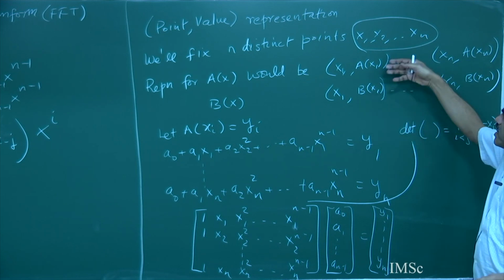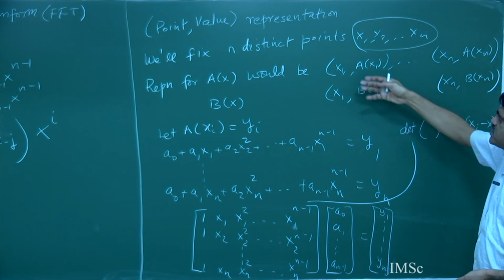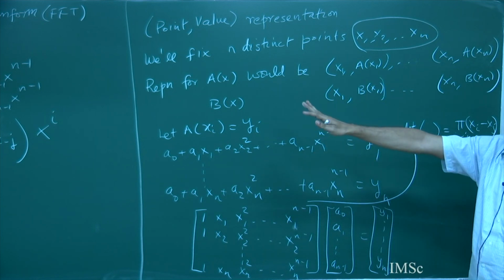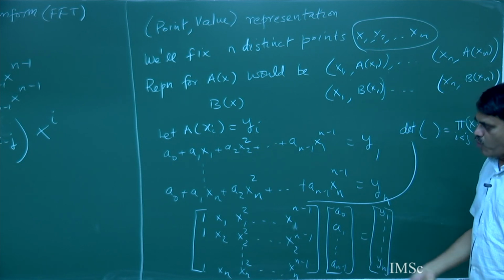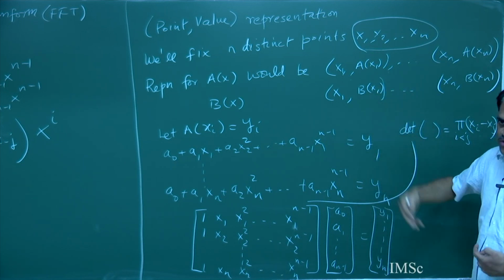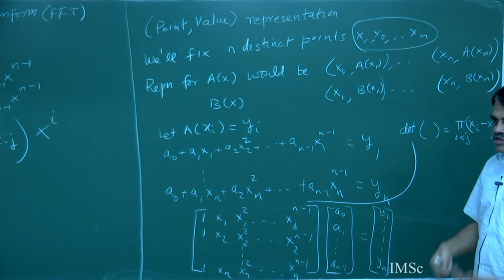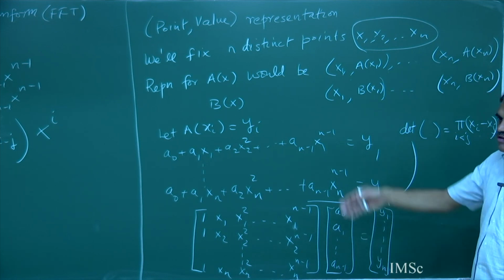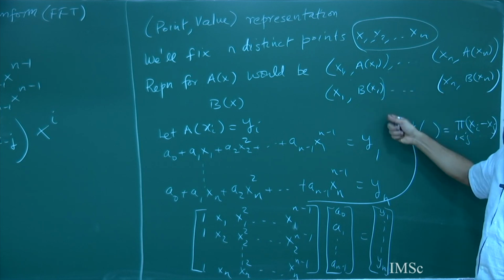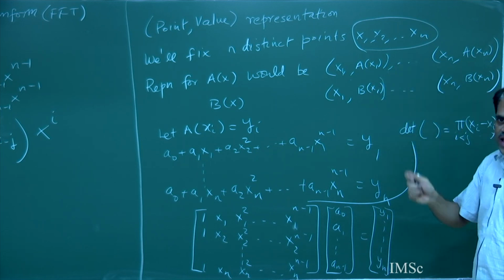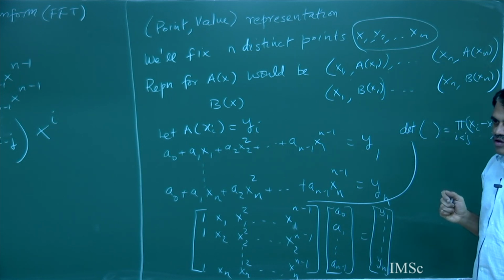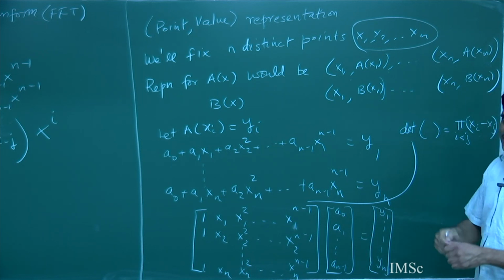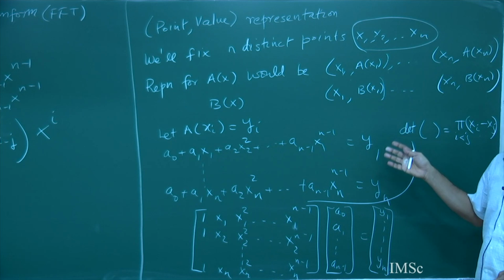Now, if I want to multiply, I have these polynomials in this representation, I don't know the a coefficients, right? I have been given them in this representation, and I want the product polynomial in this representation. What does that mean? I want the value of this product polynomial on these n different points. So, just pointwise take these values and multiply them. So, you can do it in linear time. So, what is the catch? Why not? Because yes, your product polynomial has degree 2n minus 2, but